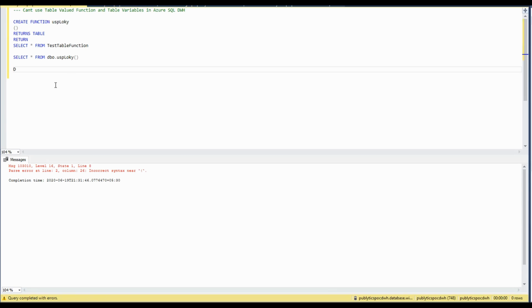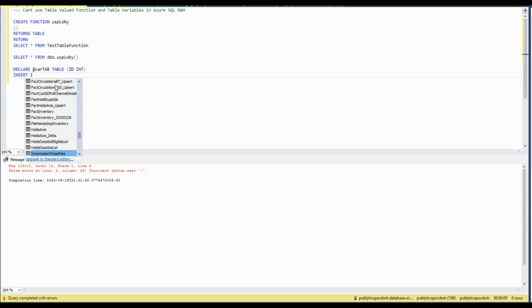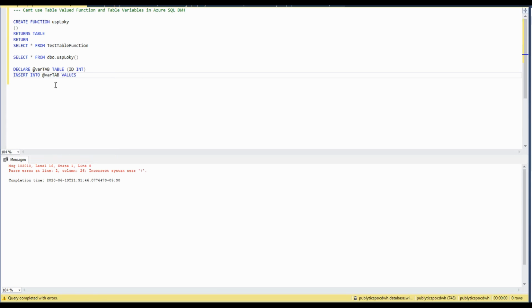The syntax for that is declare, we'll say var tab, and then the table type, we'll pass in id as the column, and id is int type, and then we'll try to insert into var tab values 1.